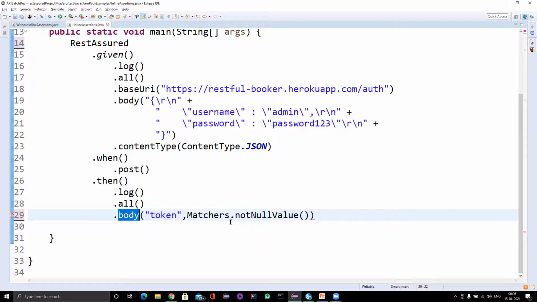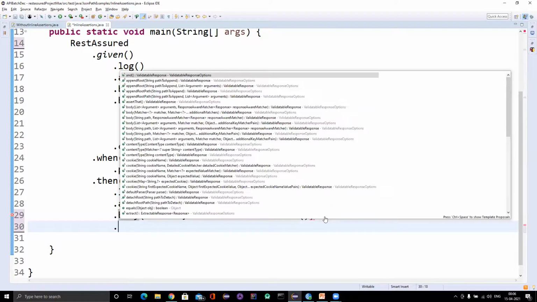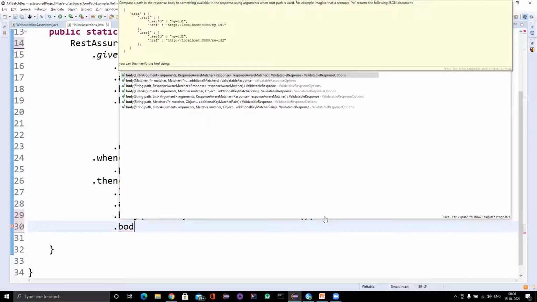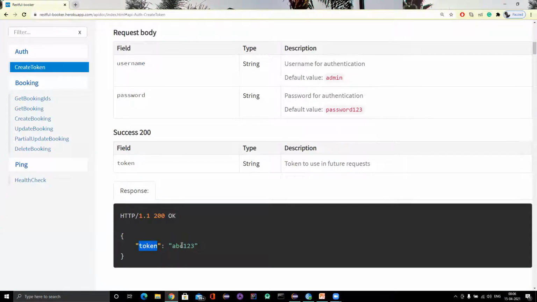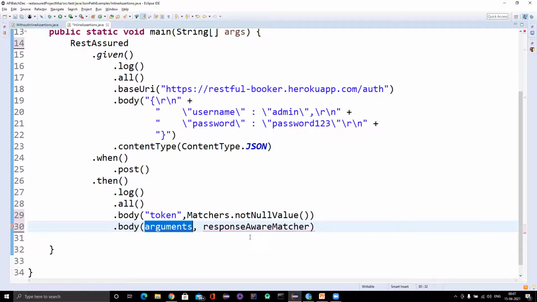So what I am saying here is: retrieve the value of token, or whatever JSON path I am providing, and check whether that value is not null. We can put multiple assertions like this. Maybe we can call the body method again, and check that whatever token we are getting should be equal